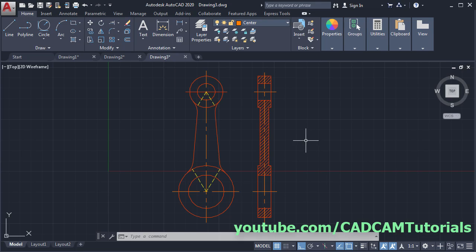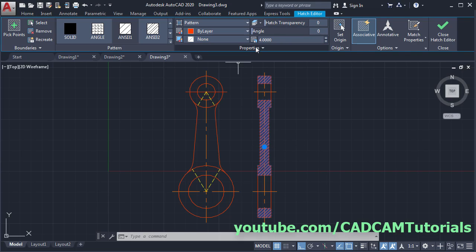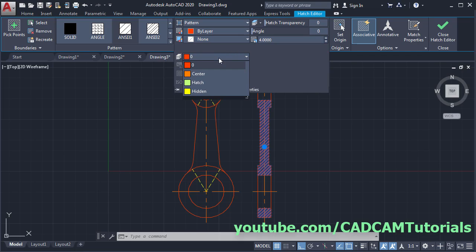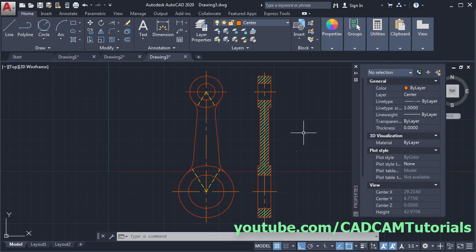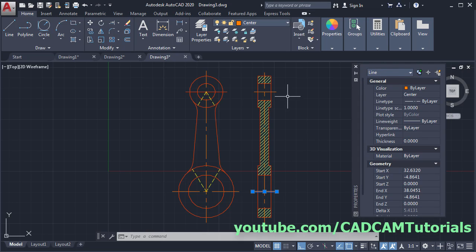Okay, then select hatch, click here on properties, click here and click on hatch, press escape. Now these center lines are not properly visible. To change the line type scale of these two center lines, type PR for properties, press enter, then select these two center lines